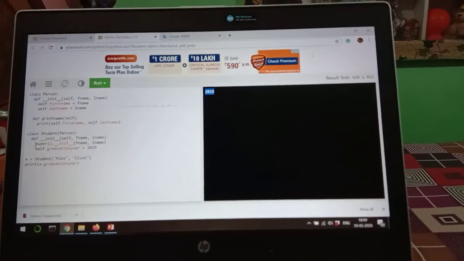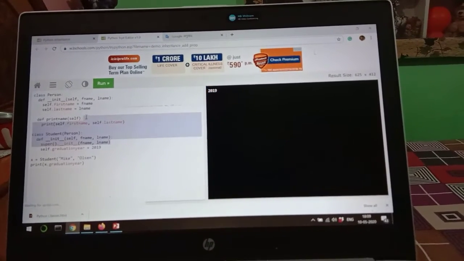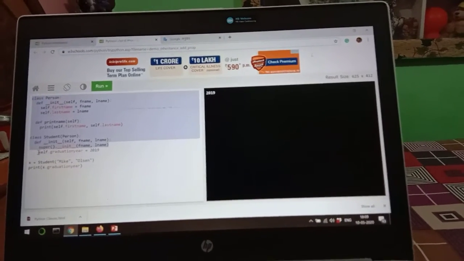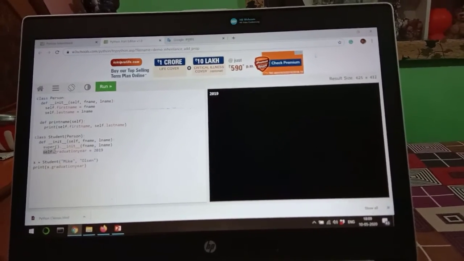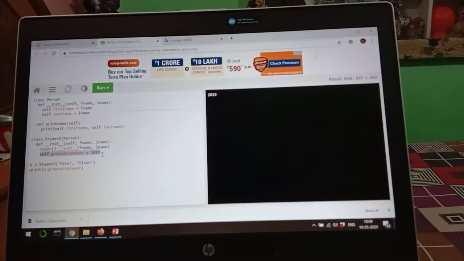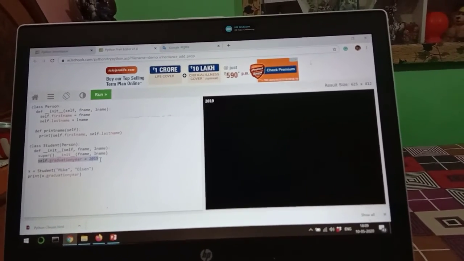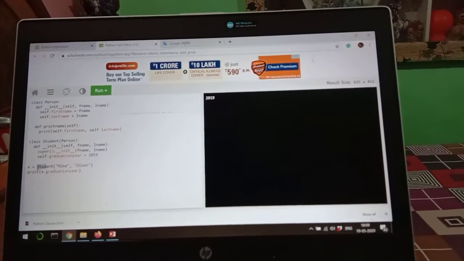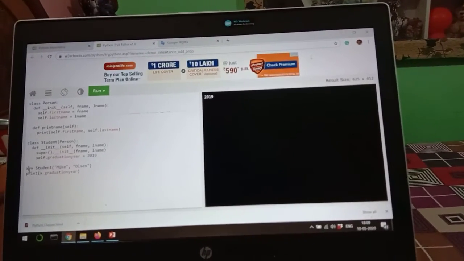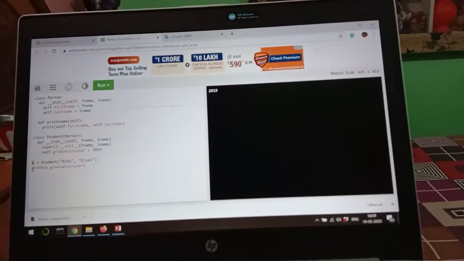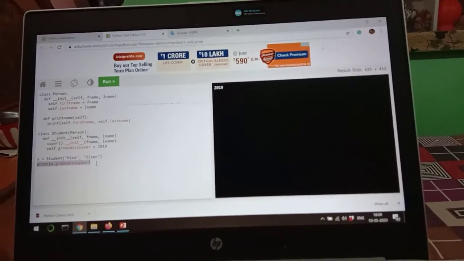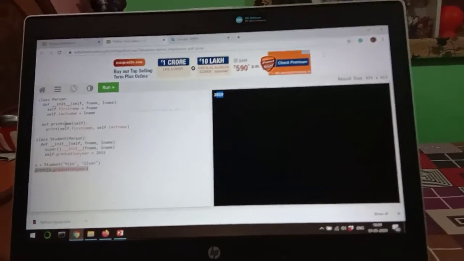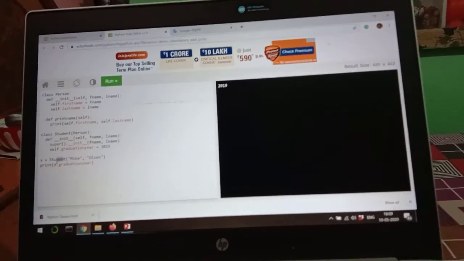Here we can see that up to here we have all our previous program, and now we have added one extra property, self.graduation_year equal to 2019. Now we assign this Student class, the child class, to this object x. If we now print x.graduation_year, we will be able to get this value 2019 from our child class.